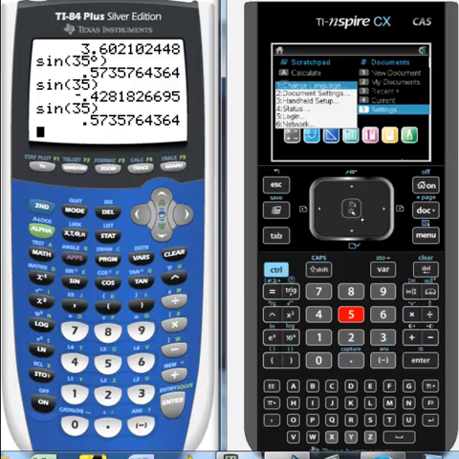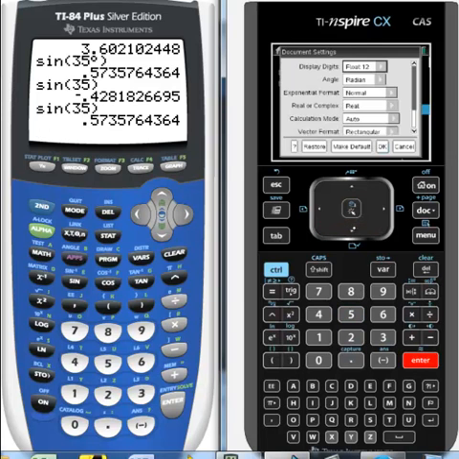Settings. Document settings. There we go. I believe this is the one we want. Yes. And then notice right here you have the choice for radians or degrees and another type we haven't talked about. So let's start again with it in radians, and then we can arrow down here till we get to OK,